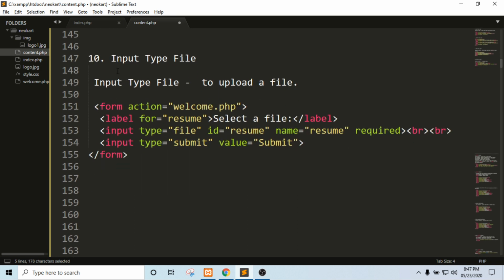Now next one is input type file. It is used to upload a file, any file like a resume or any text documents, you can upload with this function.